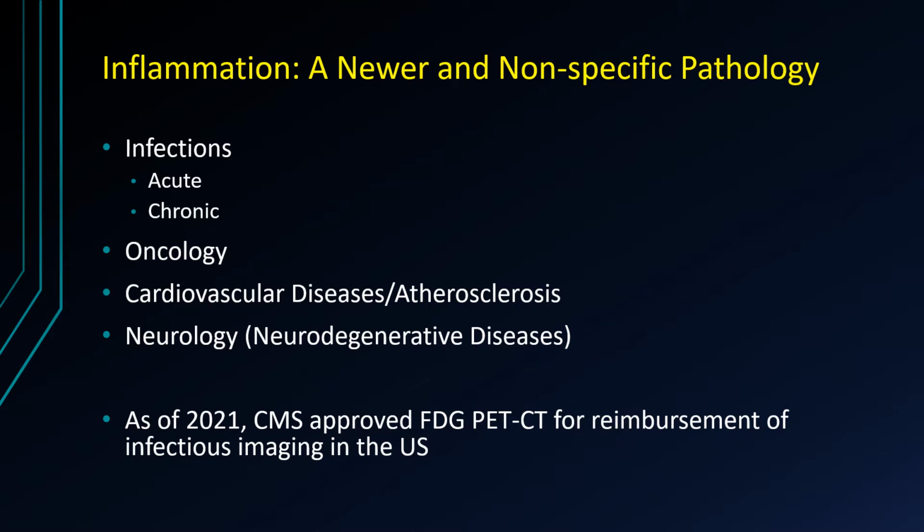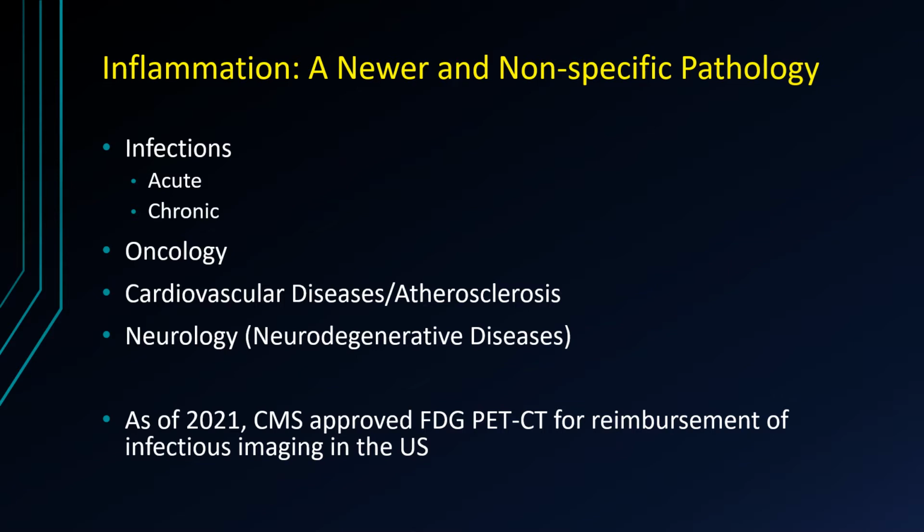because we are familiar with things like vasculitides as well as infections, both acute and chronic. But as you know, inflammation now spans subjects such as oncology, cardiovascular diseases, as well as neurology when it comes to neurodegenerative diseases as well. But I will not be touching upon those aspects so much as infection and some other